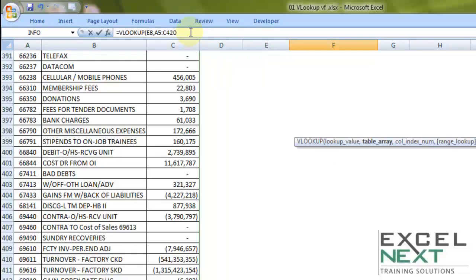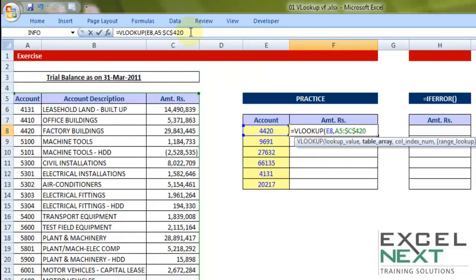Now when you press F4, one very important thing you would notice is that only the second part of the array has been fixed, not the first part, which may spill into a problem giving you NA for various numbers. So let me ensure that I'm using F4 for the entire range, start as well as end.